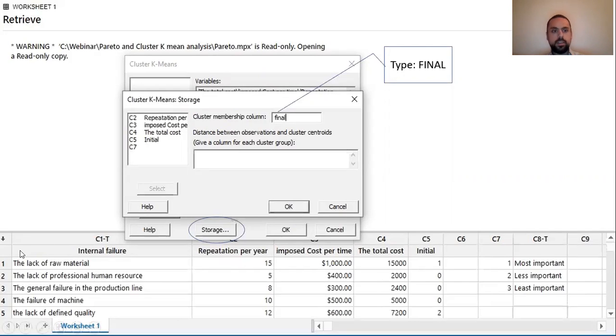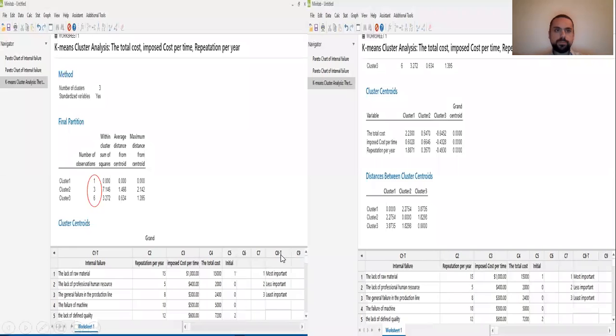For instance, if the first one is number 1, 1 comes here. If the second one is number 3, it becomes 3 here. And as I told you, this title is final, it is 1, 3. For instance, 3 again, 3, 3, according to its cluster. So it helps us to understand more easily which factor belongs to which cluster. After that, we click OK, and it shows us